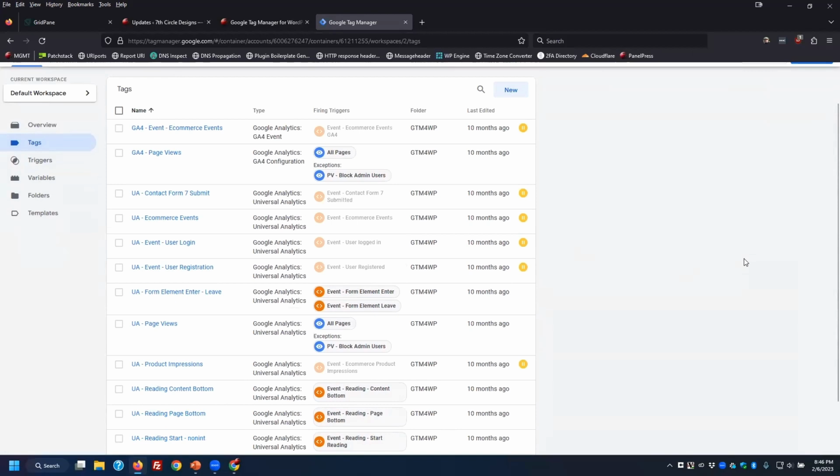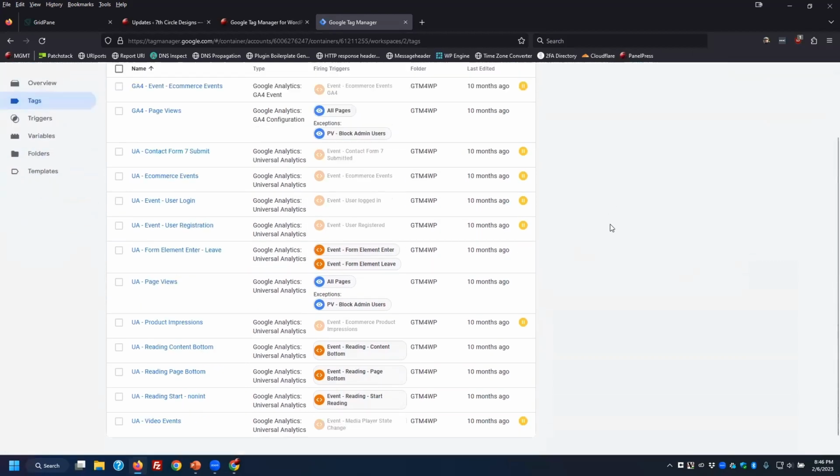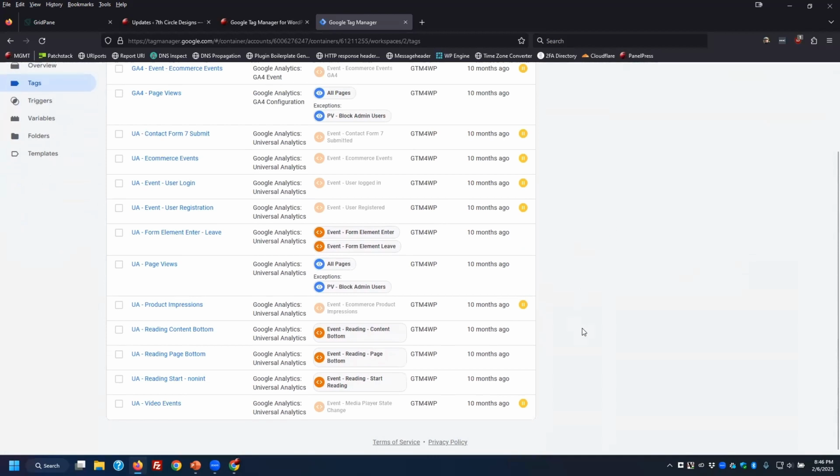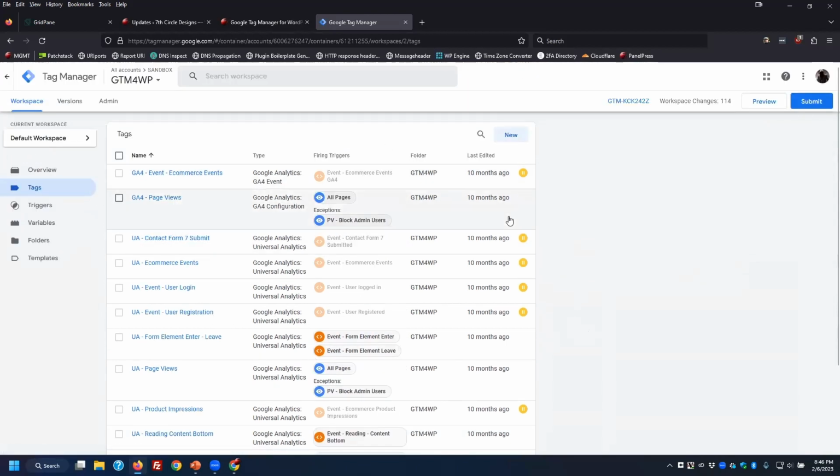You will notice there are quite a few other things in here that are paused. So you have the ability to turn these features on and off. I've disabled Contact Form 7 and e-commerce by default because it's less common that you're going to be using those than standard tracking. But to import this container, if you want,